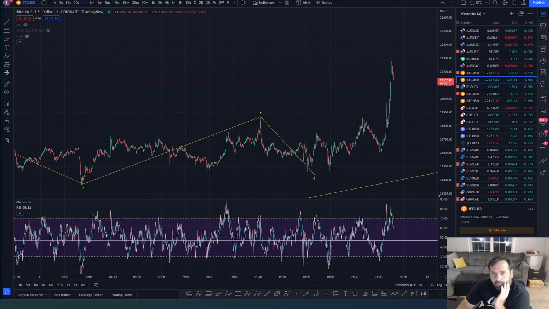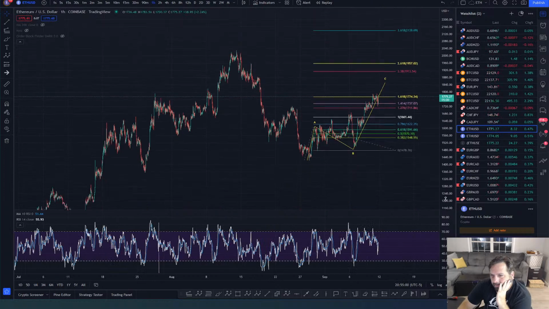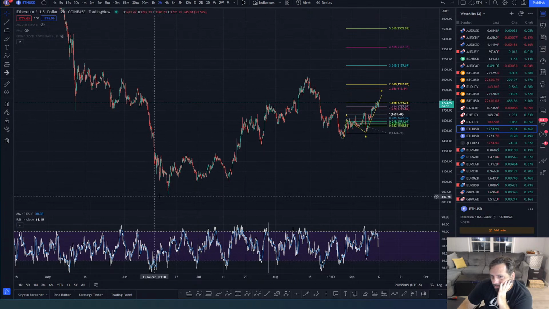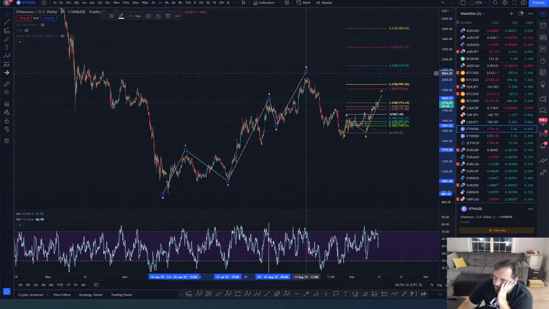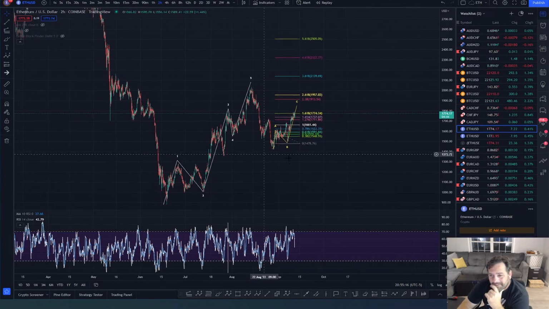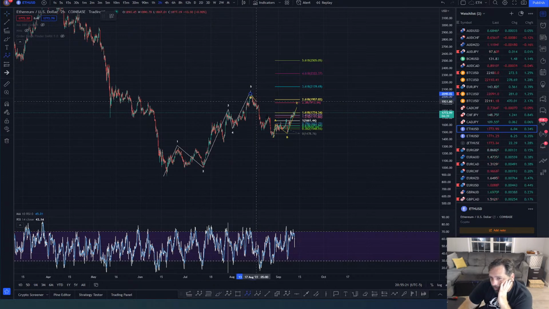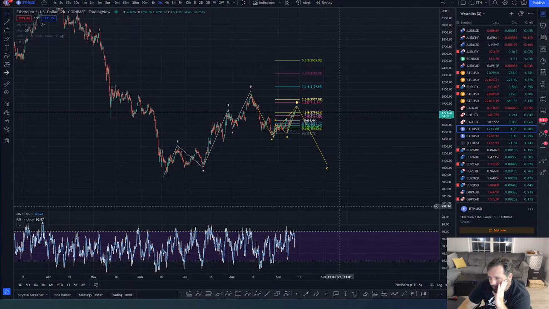Okay, so the ETH count is clear. Let's just look at it in the higher time frame. Guys, I'm kind of the opinion that this was an impulse wave in ETH. The best I can tell, it's ugly, but I got a 1, 2, there's 3, there's 4, there's 5. I think that's an impulse wave, best I can tell. And if that's an impulse wave, then we're getting a 3-wave correction, and it's a zigzag. We got a 5-wave down, we get a 3-wave move, so we need a little bit more up here, and then we're coming down for C. So that's my take there.